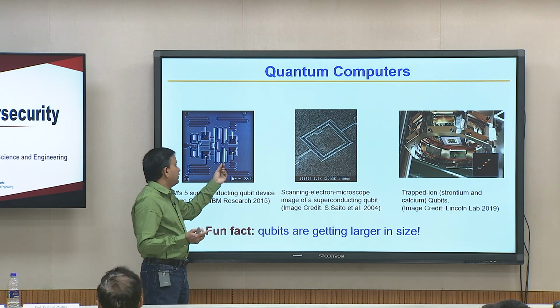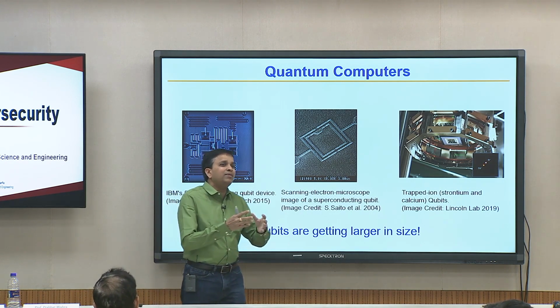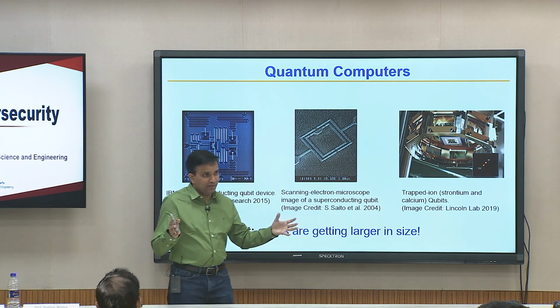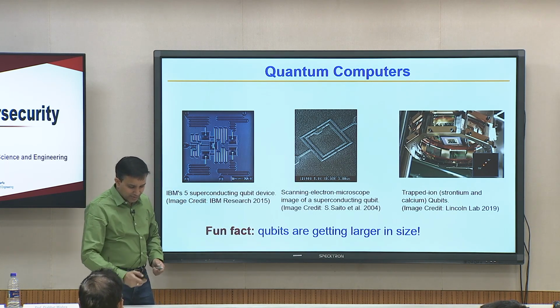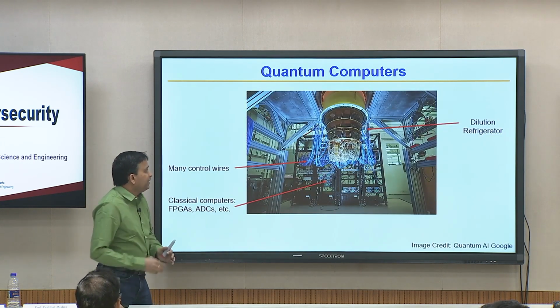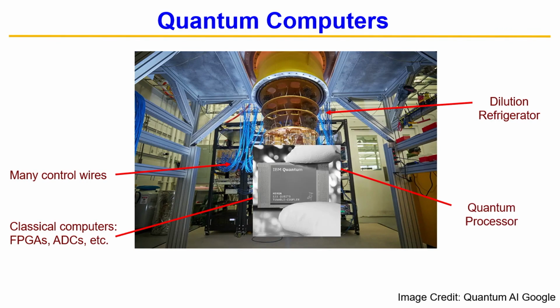Here, if you think of the analogy of a transistor, which is the qubit, they are getting bigger and bigger. The more we try to put in, instead of making them smaller, they are getting bigger. The reason they are getting bigger, as of today, is how quantum computers look. The actual quantum computer is really tiny. Think of a finger; in a tiny finger you have that chip, that is the quantum computer as far as we are concerned.